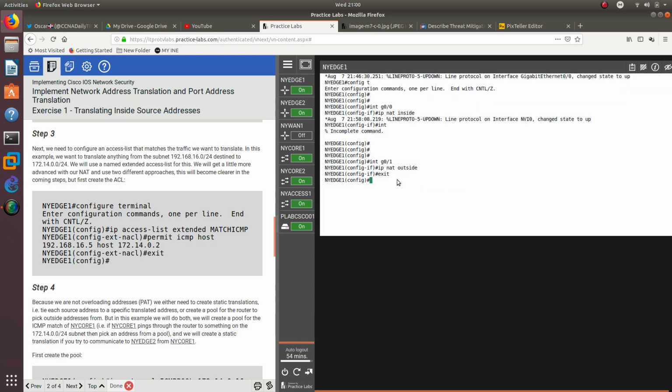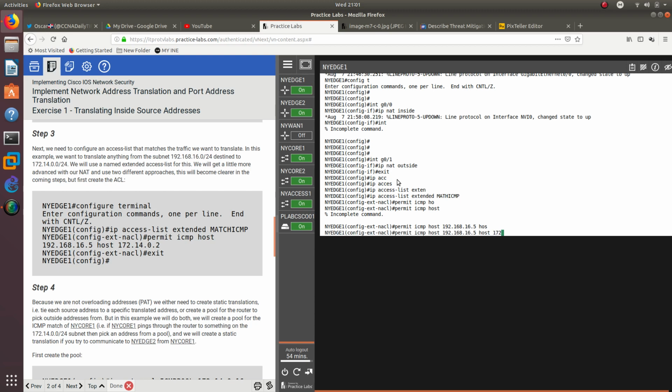Let's go ahead and create an access list. IP access list, we're going to do an extended and we're going to call this match ICMP, and we're going to permit ICMP host 192.168.16.5, and the other host is 172.14.0.2,